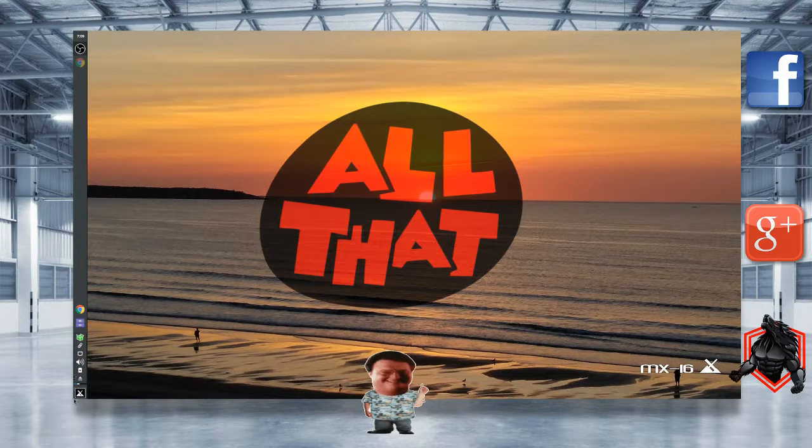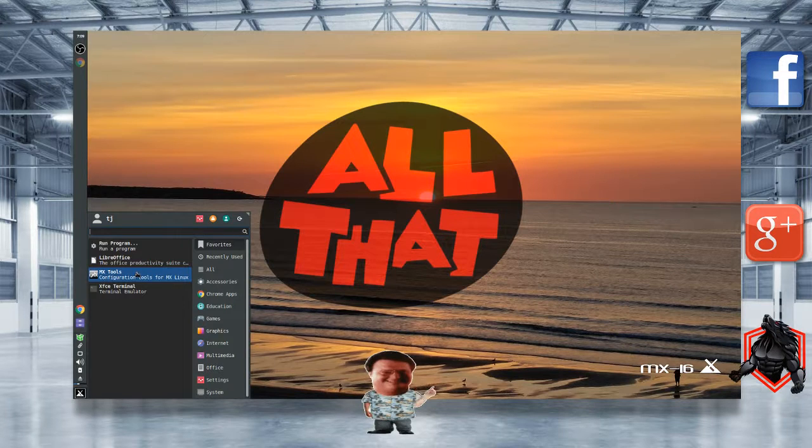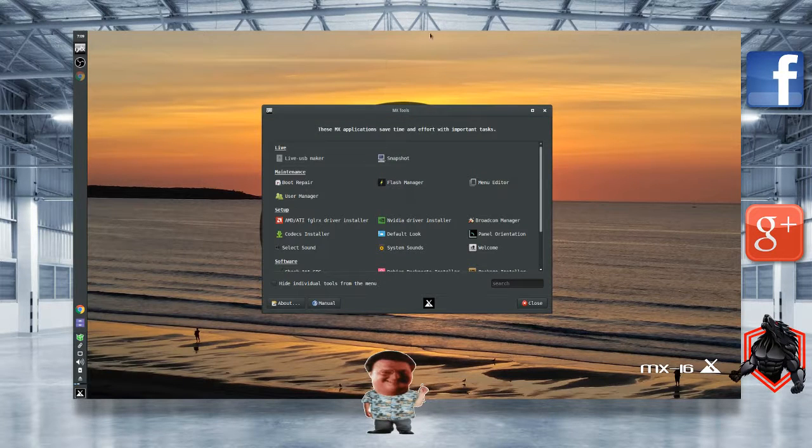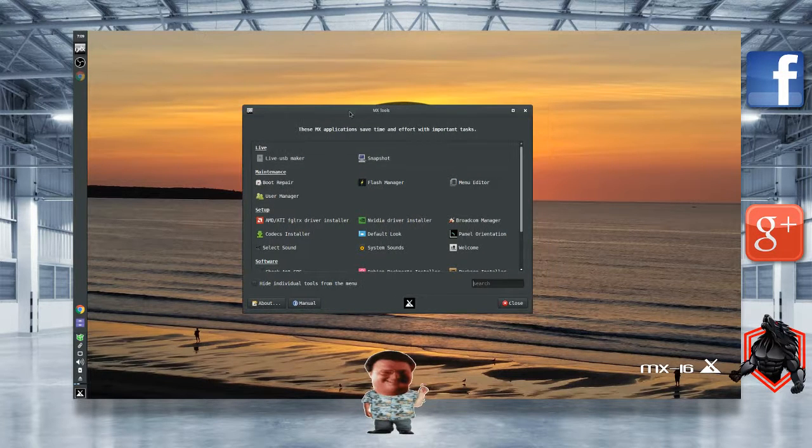I really like the icons and what they've done to change it, and they have their MX tools, which is great, but I'm not really sure who tests this.